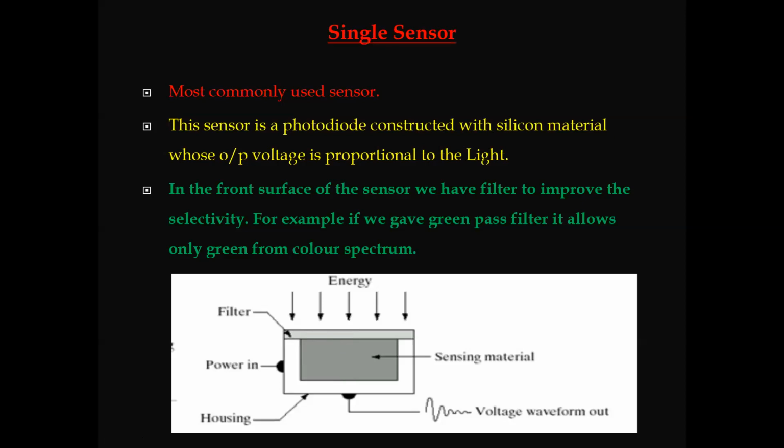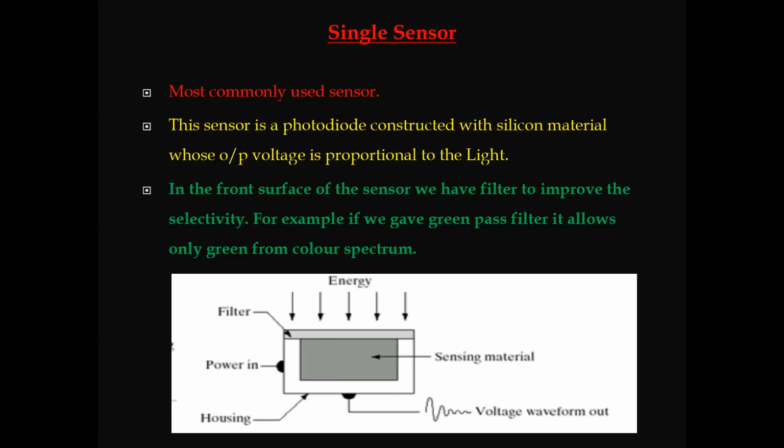So when we pass any image through a green pass filter, it passes only the green color. The output image consists of only the green color, and the remaining colors are not passed through the filter. We have signal filters, like a low pass filter that passes low frequencies. Here also we have a filter, that is, a green pass filter. It passes only the green components present in the image. Similarly, we have a red filter. The red filter will pass only the red components of an image. So in front of the surface of the sensor, we have a filter to improve the selectivity of the color.